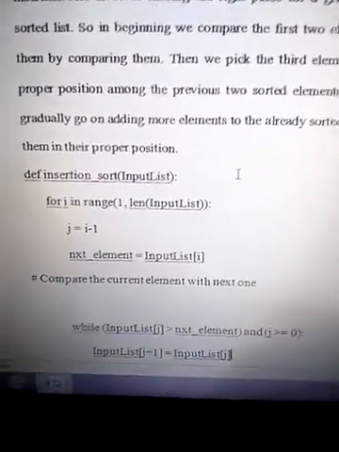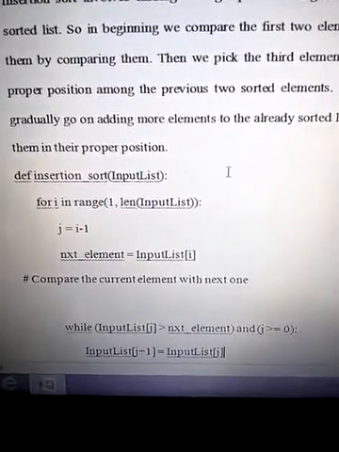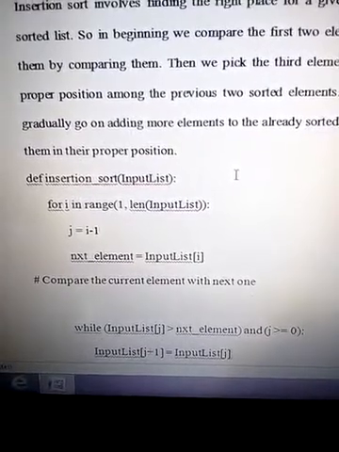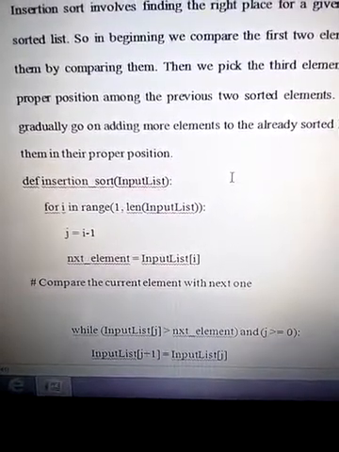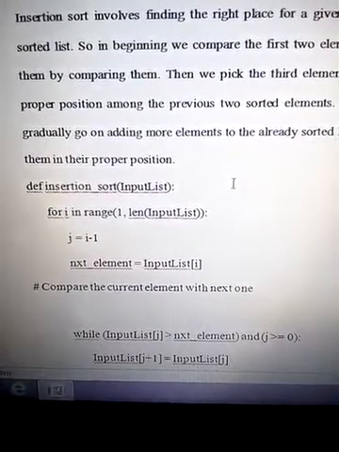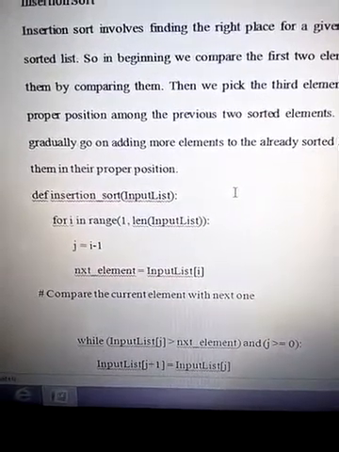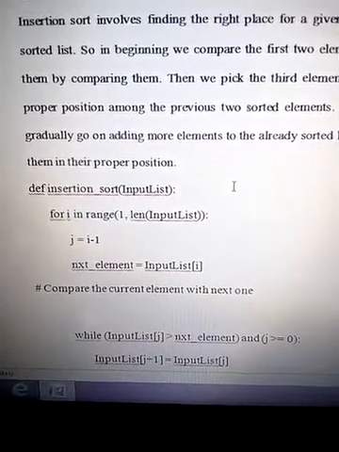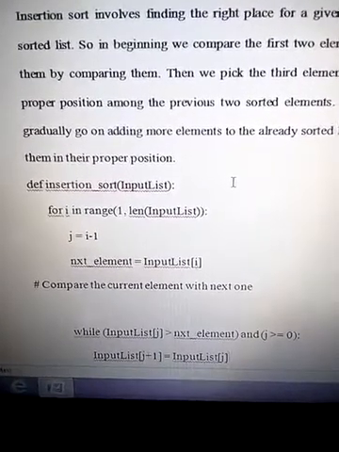Now what we are doing here, j we are taking as a temporary variable. Now j = i - 1, that means i value is 1 here, so j will take the 0th position. As you know, indexing starts from 0, so if we have 8 elements, indexing would be 0 to 7.